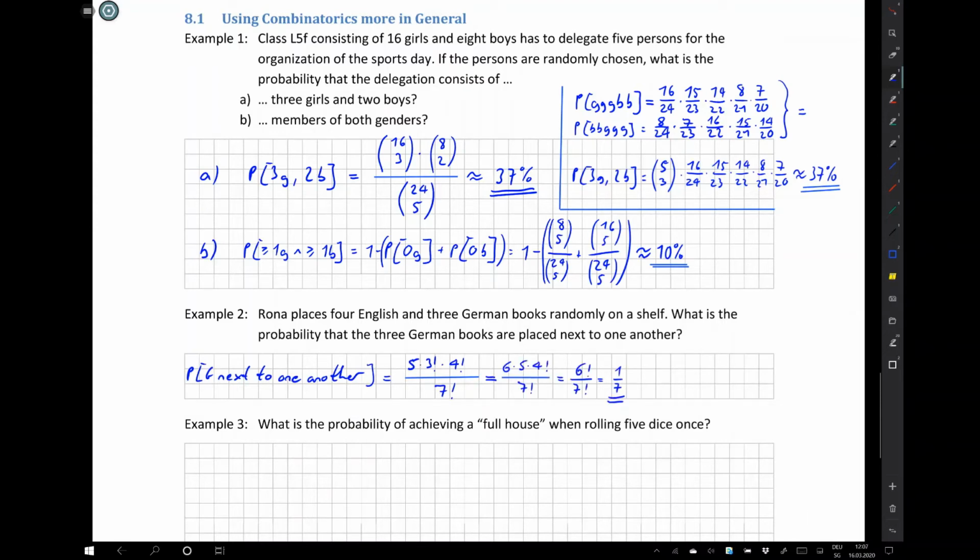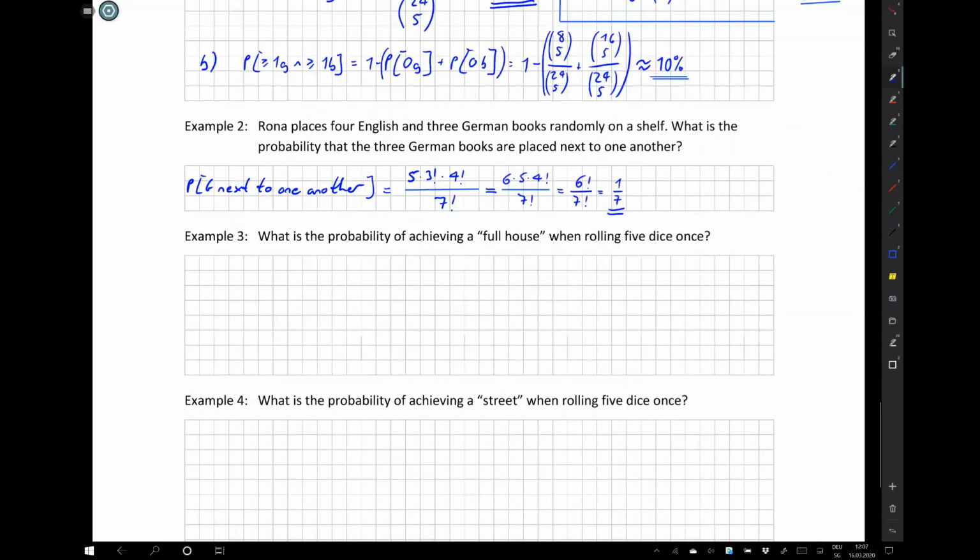Now let's get to example 3. A full house means that we get 3 times the same number and 2 times the same number. So for example, 3 times a 5 and 2 times a 4. We can assume that the 5 dice are numbered or arranged, or that we're rolling them one after another. So let's say the order in which we get this full house is 5, 5, 5, 4, 4, which means